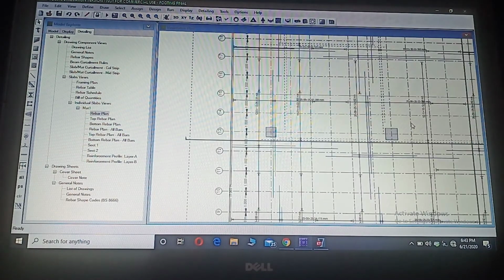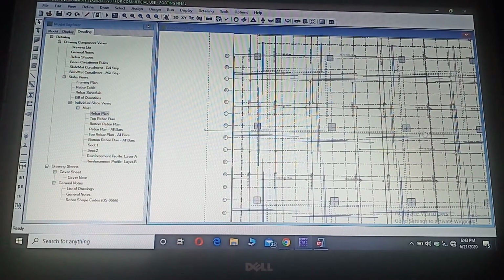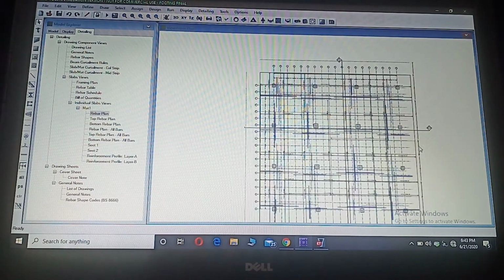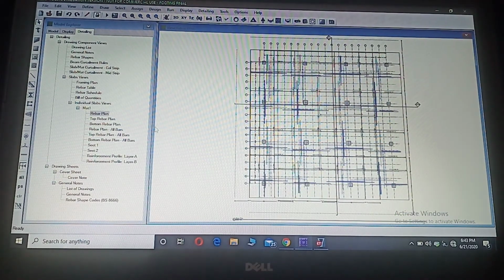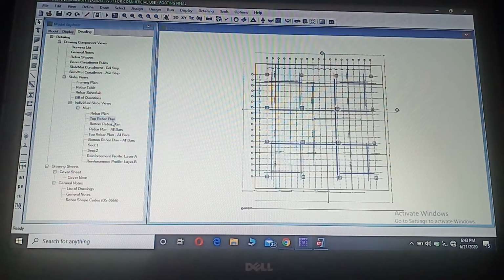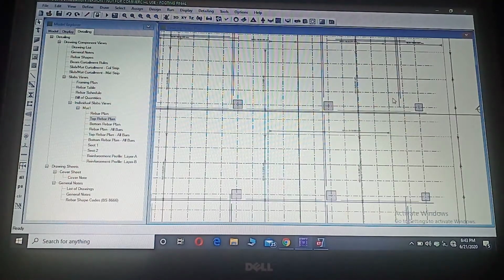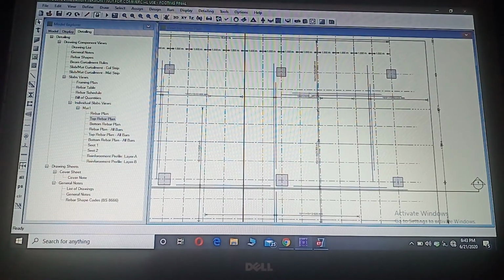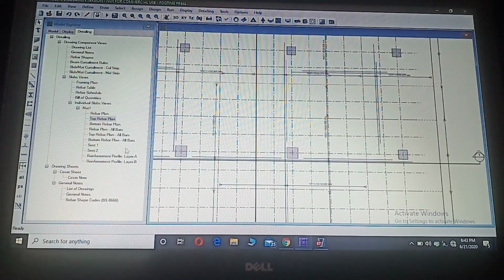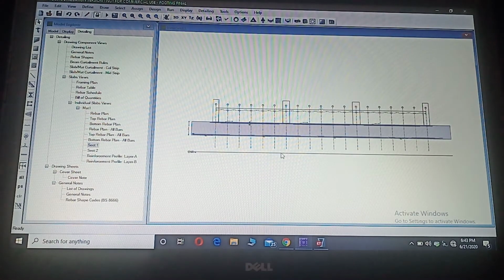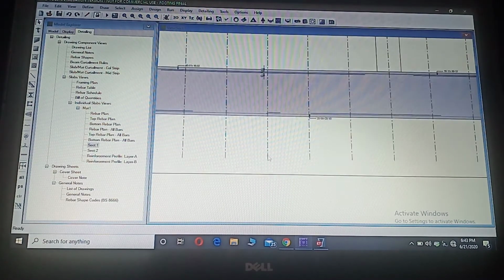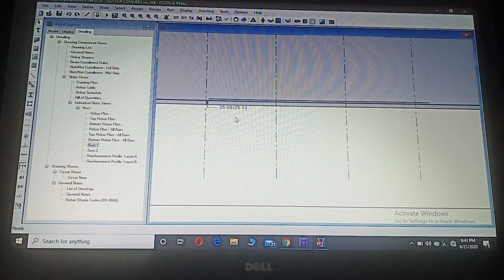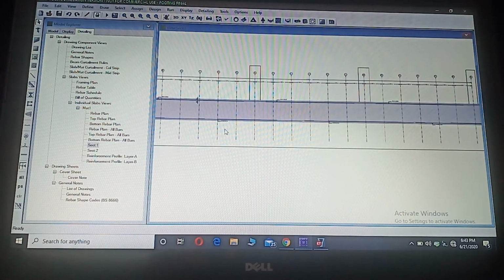As you can see, it shows the foundation in different views, like top. Here it is, our foundations. Also see the section view. Here the foundation is shown in section.